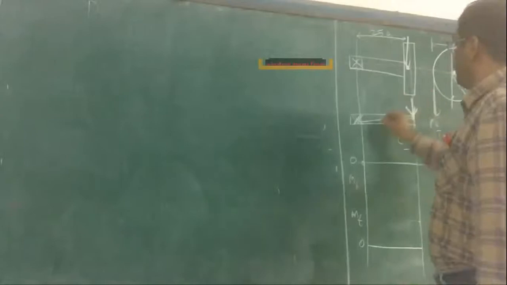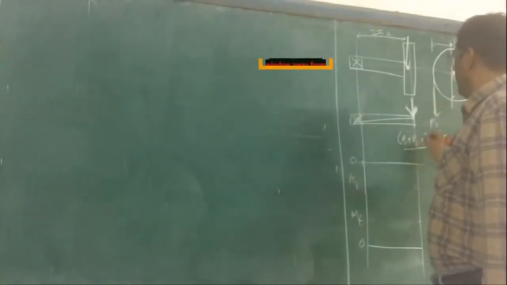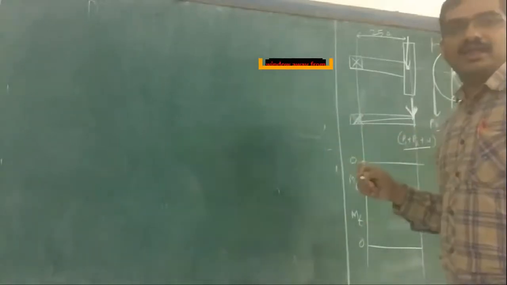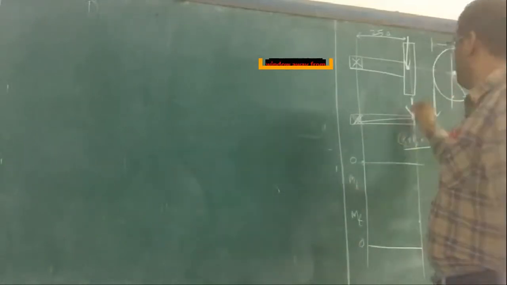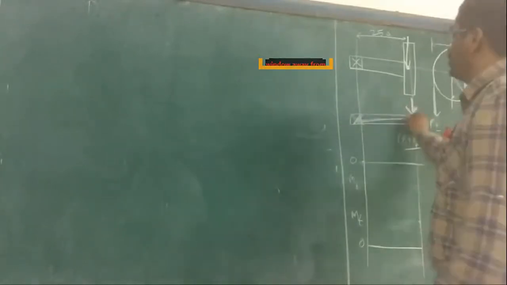Now from this we have the free body diagram. Here is the load. The load is P1 plus P2 plus W. This P1, P2 we mentioned as tension on the tight and slack sides. So P1, the tight side, plus the slack side, plus the weight of the pulley is the load, multiplied by this distance gives the bending moment. So this is the free body diagram.